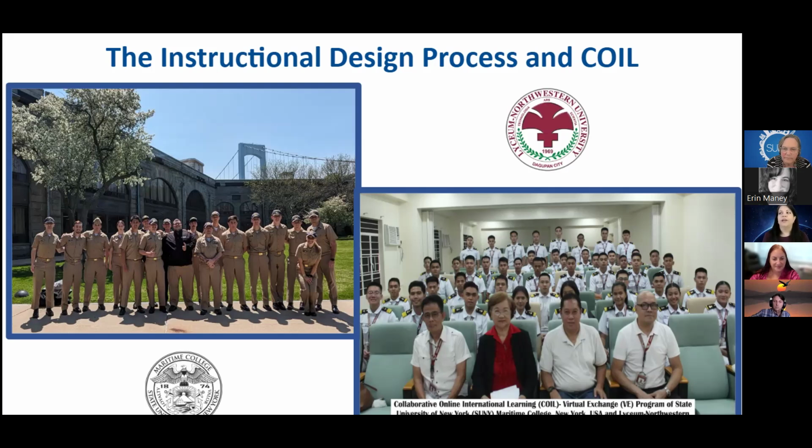And so they're looking into the sustainability, the environmental aspect of the ocean, actually, and how, as mariners and Coast Guard members, they need to be mindful of the pollution of the ocean. And the same at Lyceum. They're doing similar, although they have different guidelines. The U.S. has theirs, the Philippines has theirs, and they coordinate together to do a research project on UN sustainability